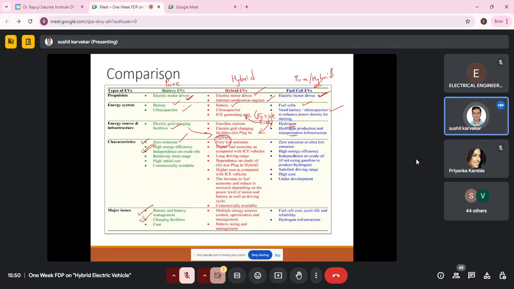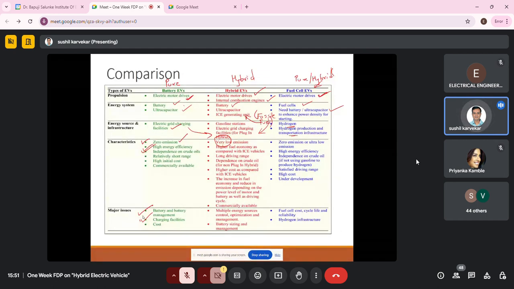Okay. And our government has taken a lot of initiatives to expedite solving of these problems at a very fast rate. So sooner or later, in a couple of years, we can see this will be spread out in our country. Okay. Next, in the case of hybrid, the dependence on fossil fuels has been reduced on